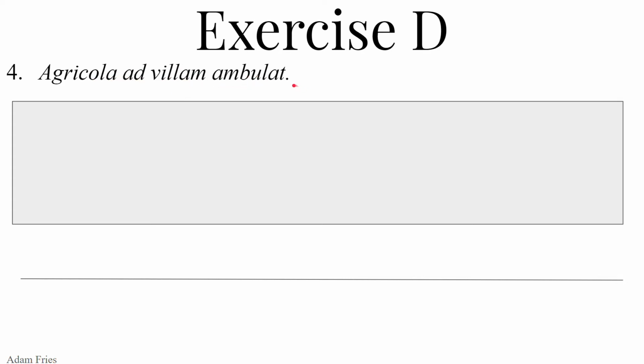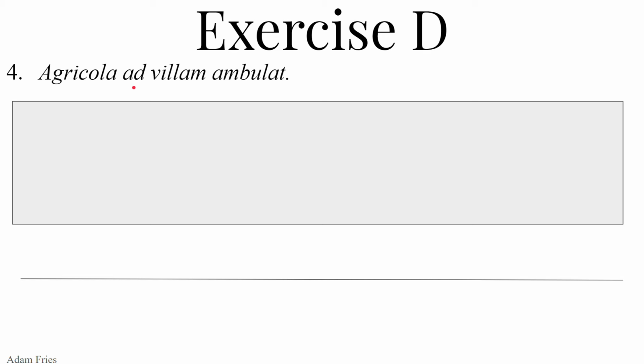Sentence 4. Agricola ad villam ambulat. So Agricola, from agricolae, masculine farmer. This is the nominative singular masculine subject, or predicate nominative, but it's probably going to be the subject, going to do the action of some verb. Ad, hey, there's a preposition ad. A preposition, a praepositio,